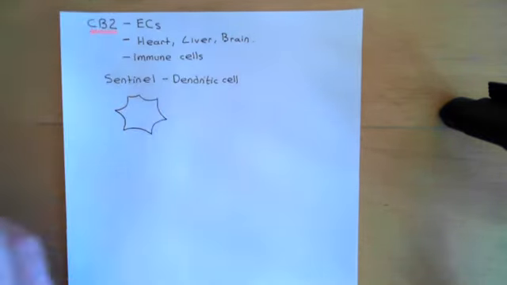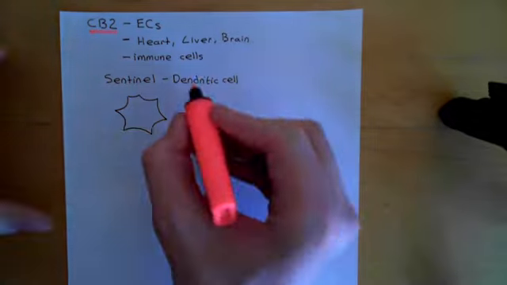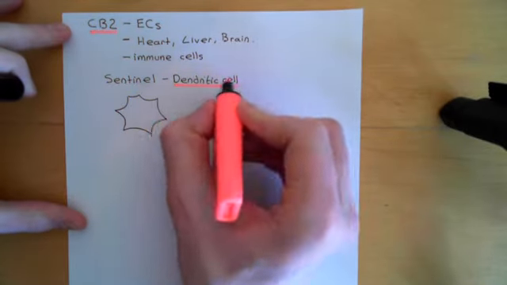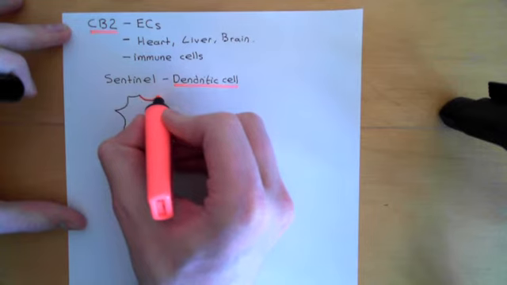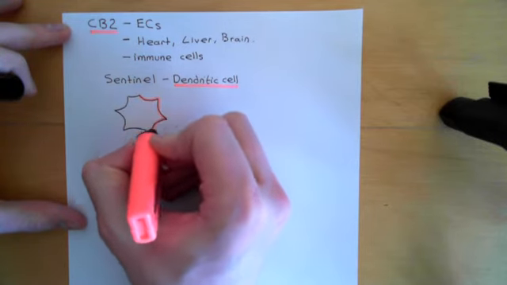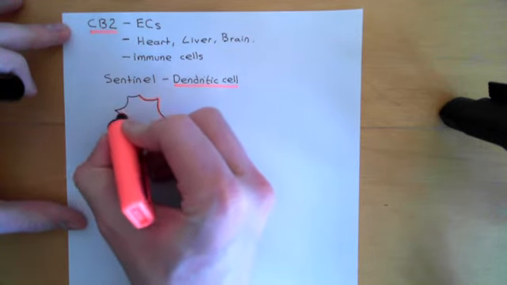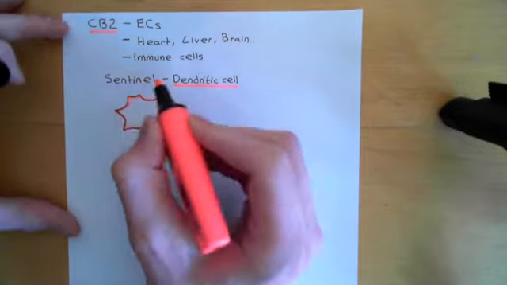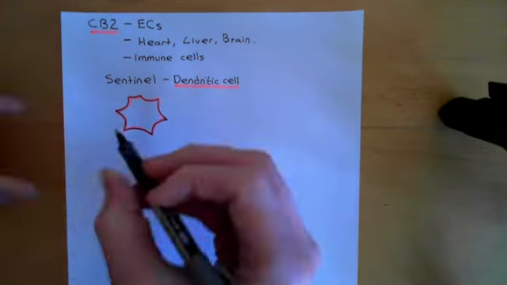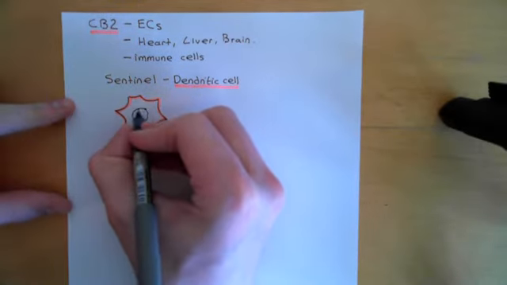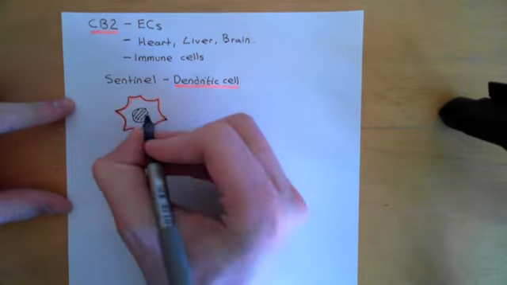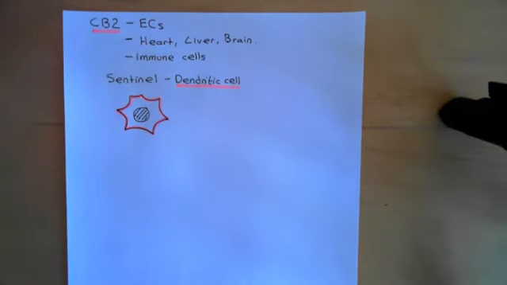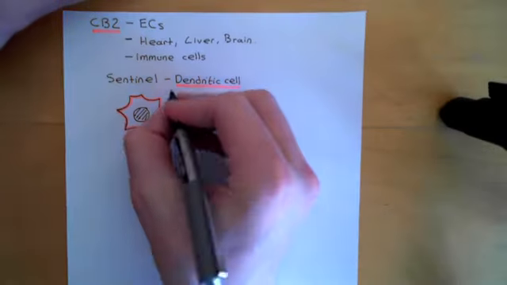Now, dendritic cells have absolutely nothing to do with neurons. They just have dendrites, but they are not capable of conducting action potentials. They have this star shape, but they have nothing to do with neurons, completely different cells. And I'll give it a nucleus because it looks a little bit odd without one. They're one of these sentinel cells that is standing guard and waiting to respond if a pathogen should